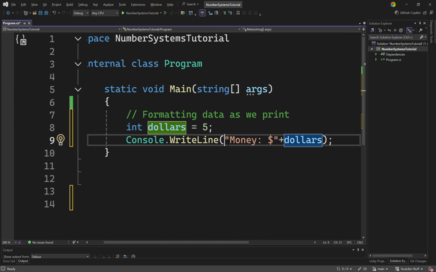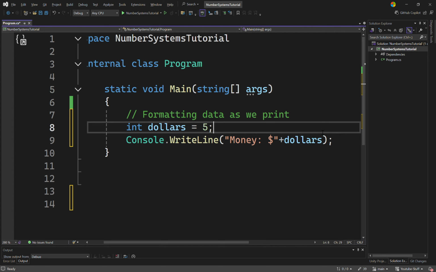So as you can see right here, it's a simple concatenation using this plus sign. You guys probably already know that. So really what this does is takes this string and it concatenates it with the dollar amount. But we can make this even better. So there is another way to do it